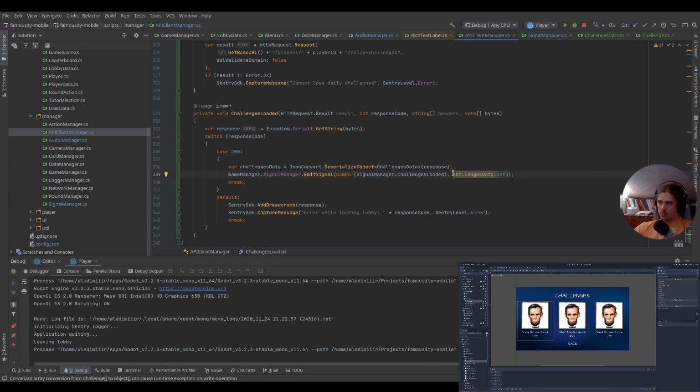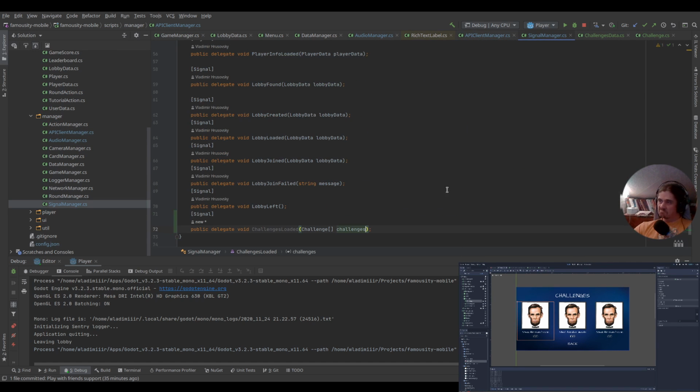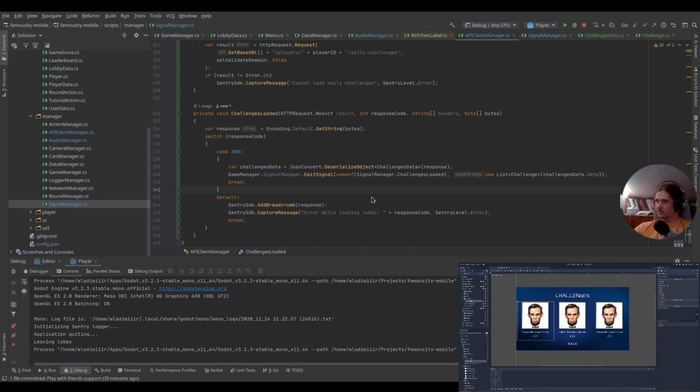Oh. I guess we will have a list here. Probably. Error while loading challenges. Okay, so this is it, and now we are going to go to